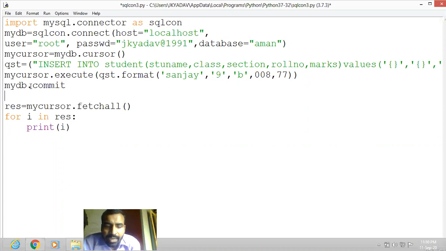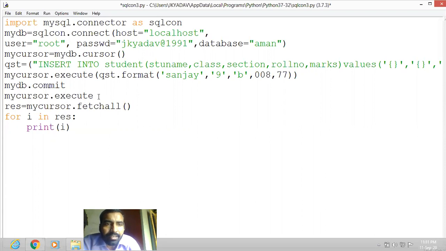Then again we will write my cursor dot execute. This I am writing to display also. Okay, we want to display the data also. Here the insertion will be done, then we want to display also.